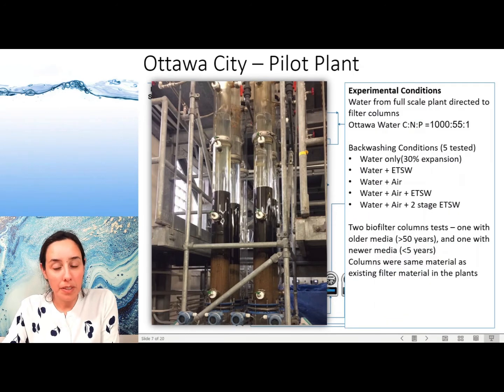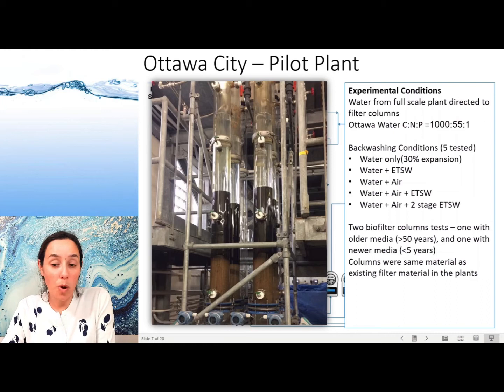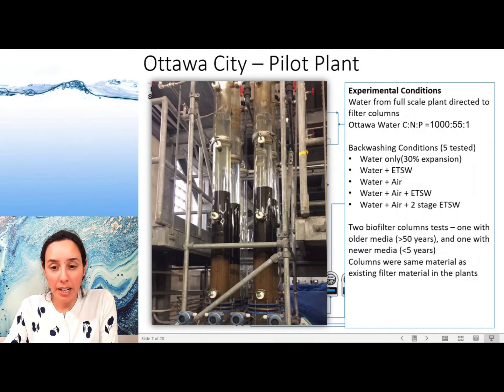And then in terms of the experimental conditions, again, the water was from the full-scale plant. The Ottawa water, as a note, has a C:N:P ratio of 1,000 to 55 to 1. So it's very nutrient limited. So our DOC, as you'll see later, is somewhat reflective of that. But importantly, our main goal here was to look at the backwashing conditions. So we actually tested 5 of them: water only with a 30% expansion, similar to the Carleton plant, water with an extended terminal